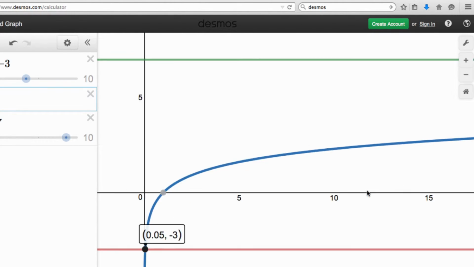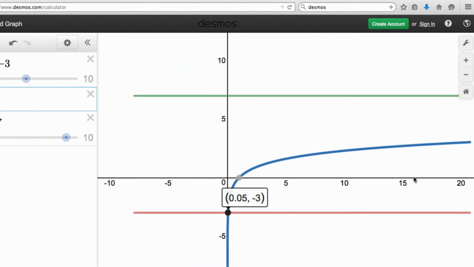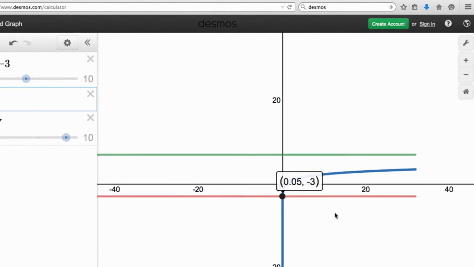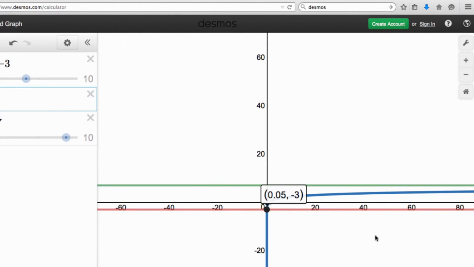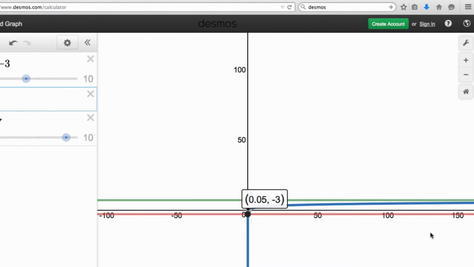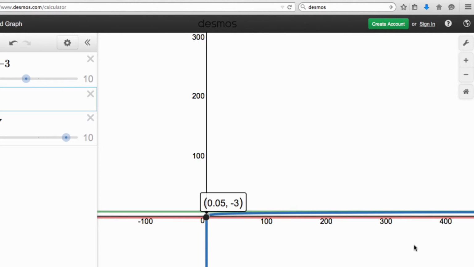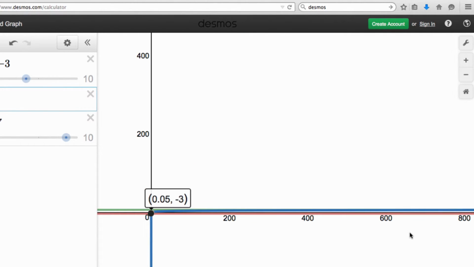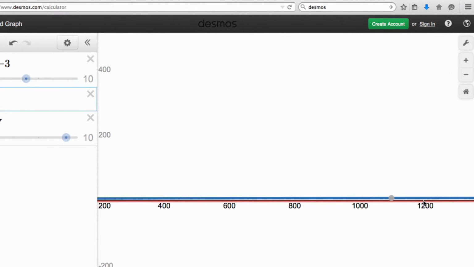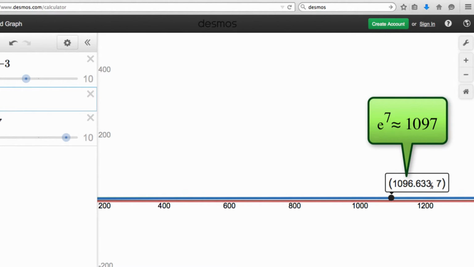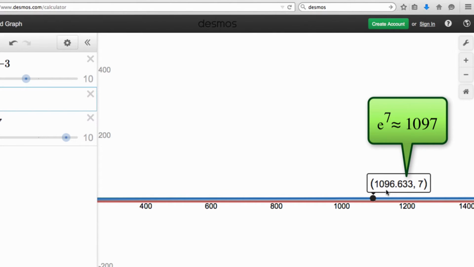And then to see what's going on over here, we need to just zoom out a little bit because the natural log is a very slow growing function. And we want to figure out what x value causes this thing to hit that green line. So if we just keep on zooming out, oh, right here, finally. Click it. Look, the x value right here is almost